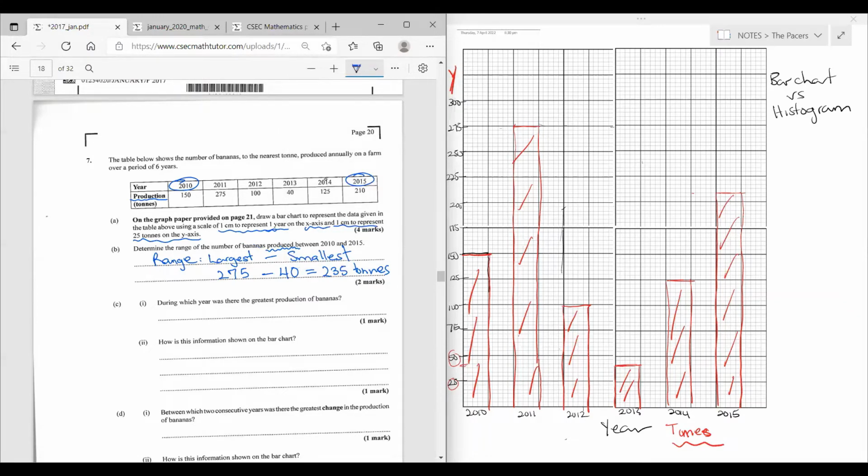During which year was there the greatest production of bananas? 2011, nice. How was this information shown on the bar chart? It is the tallest. Correct. 2011 represented the tallest. 2011's production